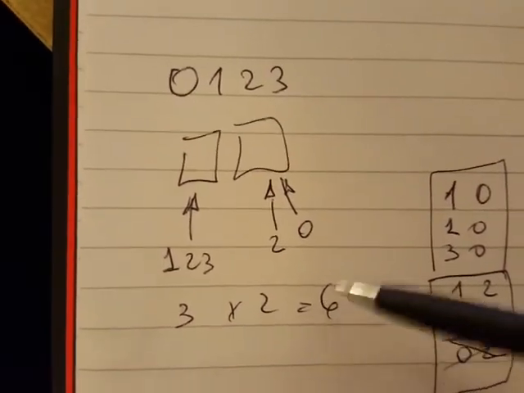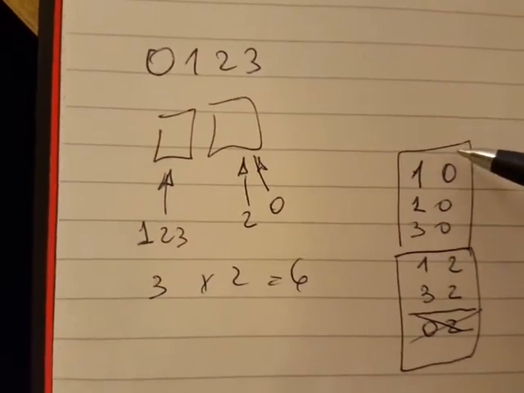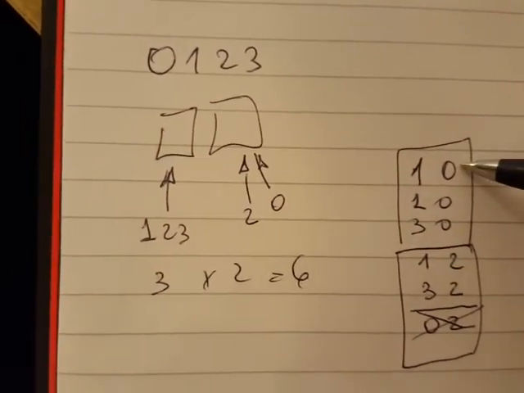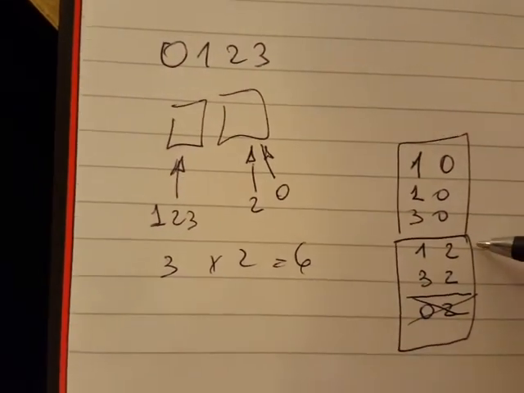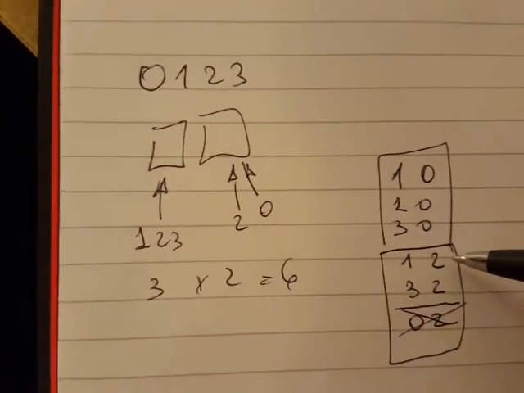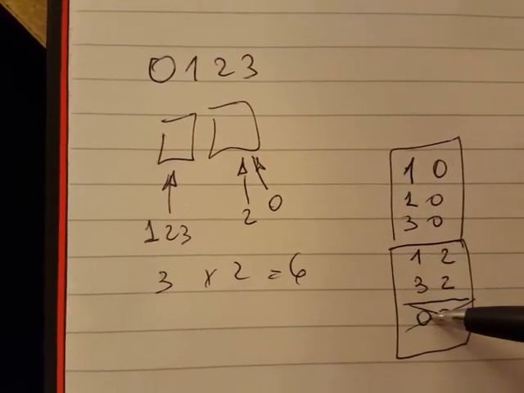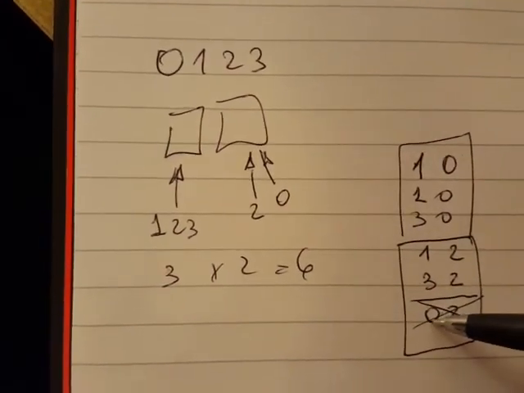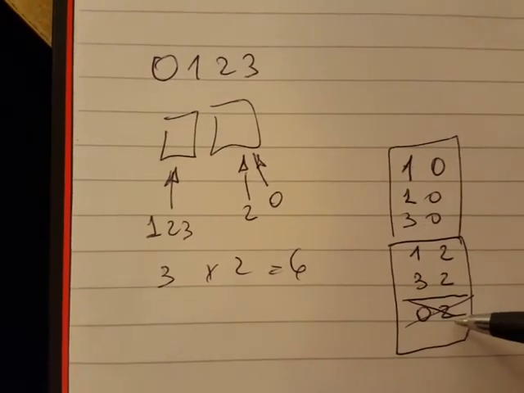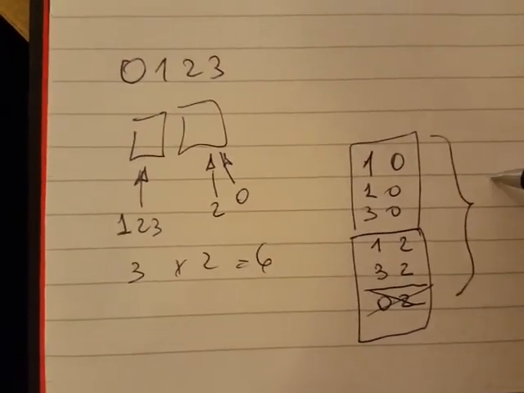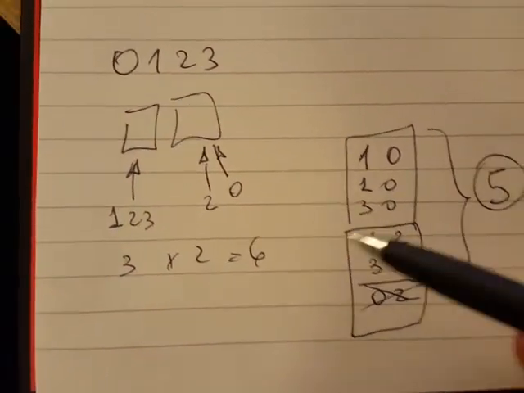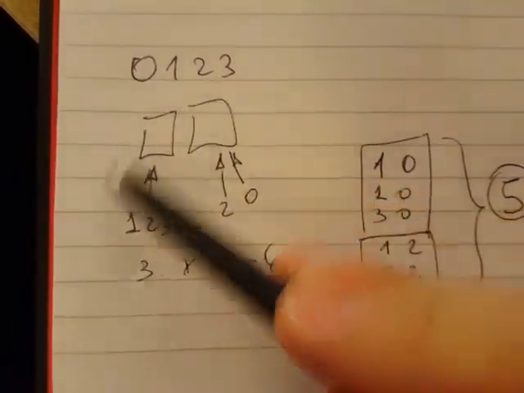But that is wrong, because if we list the options one by one, if your last digit is 0, you can have in the beginning 1, 2, or 3. And if your last digit is 2, you can have at the beginning 1, 3, or 0. The problem is that you cannot have 0 because this is not a 2-digit number. And instead of having 6, you actually have 5. So 5 is the result of this problem and not 6. So you cannot compute it this way.